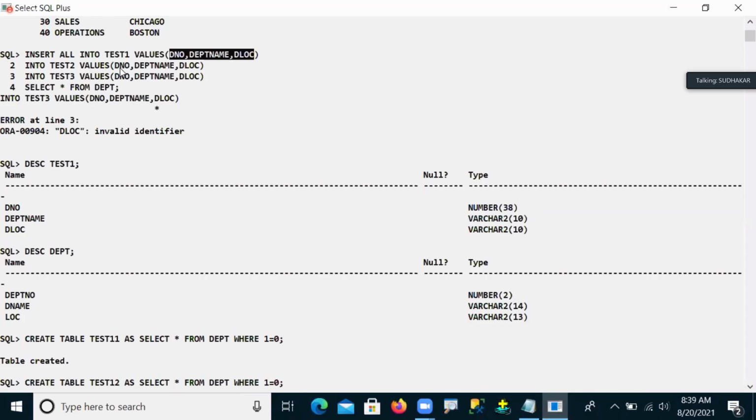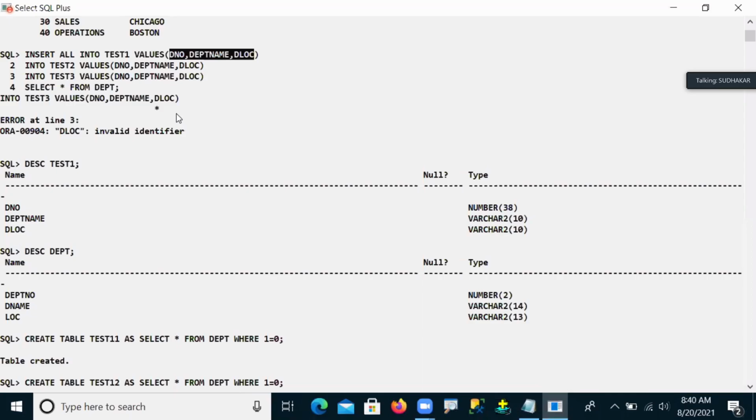Maybe that is our problem here. Are you understanding my point now? So finally, in this insert all command.